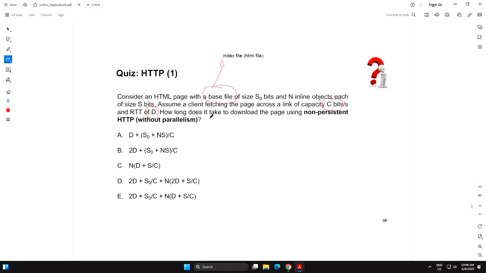So how long does it take to download the page using non-persistent, and without parallelism? We have just studied the non-persistent, so we know how much round trip time is involved if you're using TCP. So you have all the information.